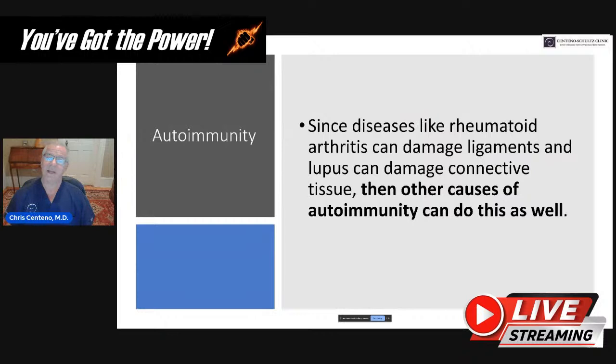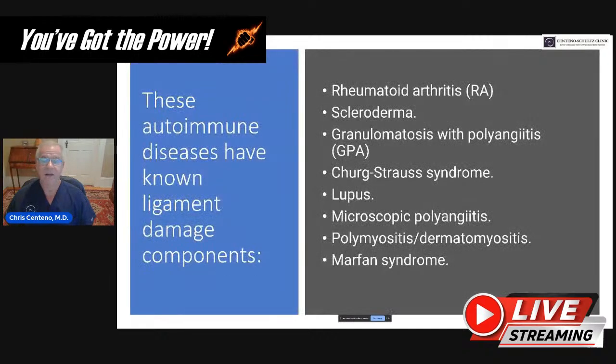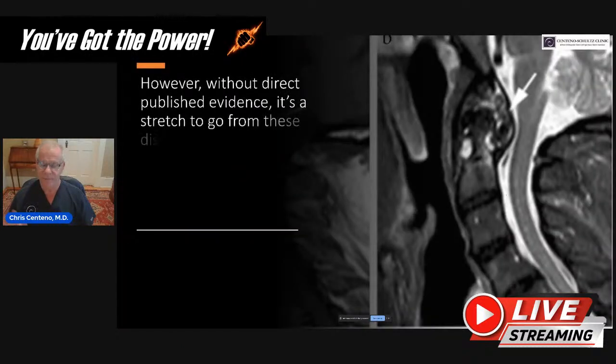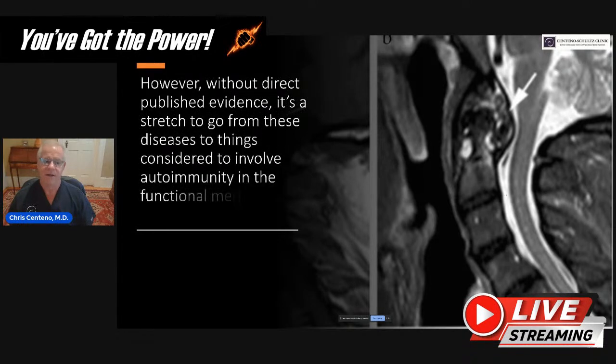Now, the theory is that since diseases like rheumatoid arthritis and lupus can damage ligaments, other causes of autoimmunity must do this as well. And so we do know that these autoimmune diseases, rheumatoid arthritis, scleroderma, and many others, including lupus and Marfan syndrome, can have a ligament component. The problem is that without direct published evidence, it's a stretch to go from those diseases into these more functional